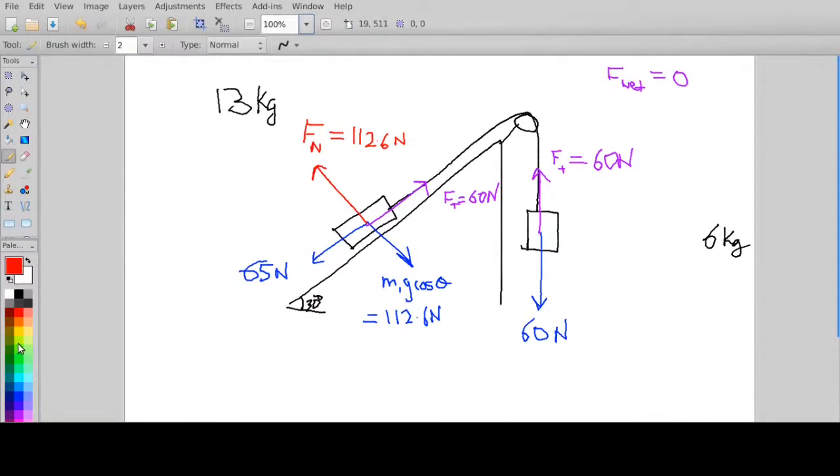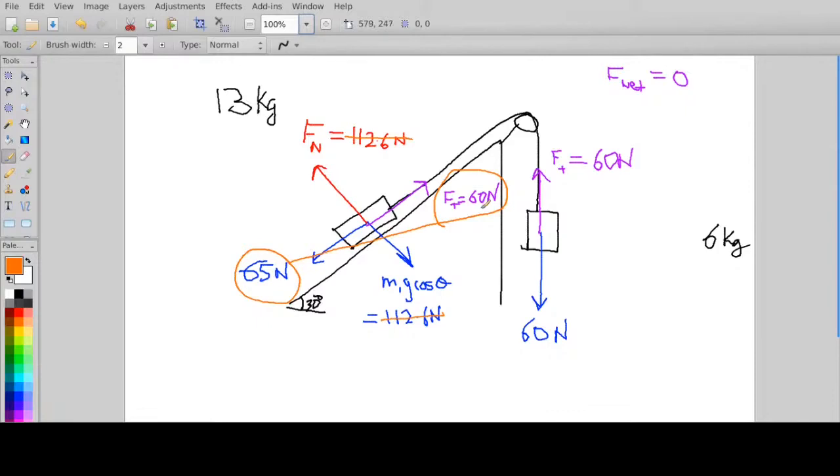Let me see if I can do it in maybe this orange will work. Oh, that's off. Let's try that one. Okay, so yeah, that's dark enough. That one will cancel that one, right? So the normal force will cancel the perpendicular component of gravity. And this force here, the parallel component of gravity, tries to cancel that one there, the 60 up, but